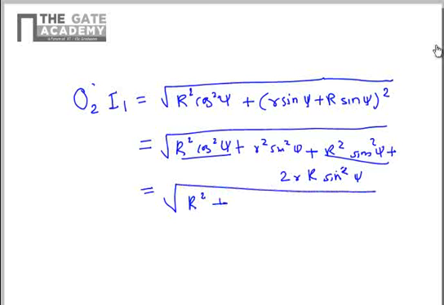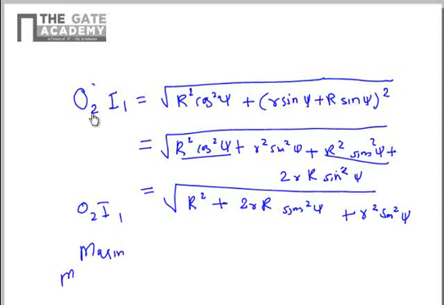Hence this distance will be the square root of R square plus 2 small r capital R sin square xi plus small r square sin square xi. So this is the maximum O2 I1, the maximum addendum circle